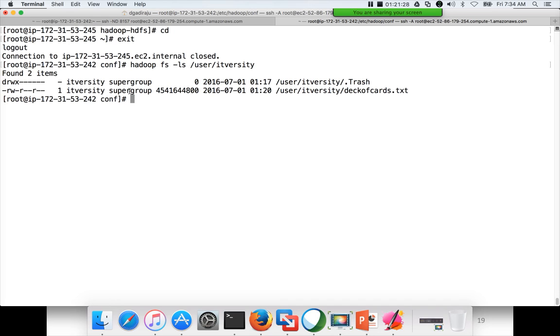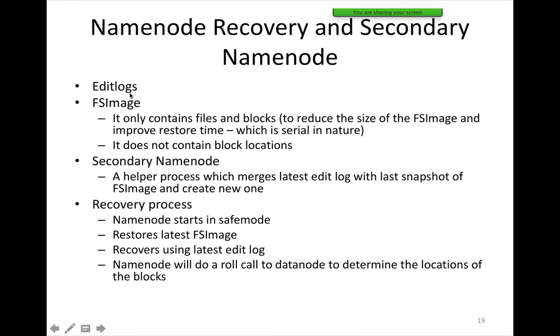That's where the name node recovery comes into the picture. So how do we address name node recovery? If the metadata is only in memory and it crashes, we cannot recover. That's why they have introduced two file structures, called edit log and fs image, and these two file structures are the ones which will take care of name node recovery.